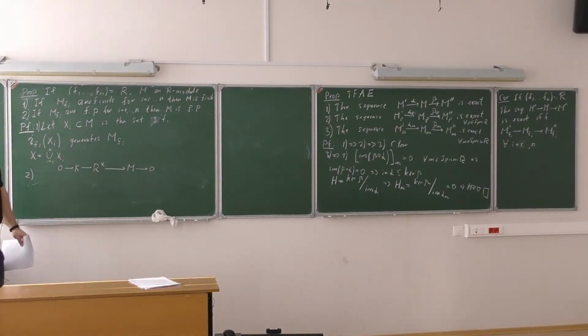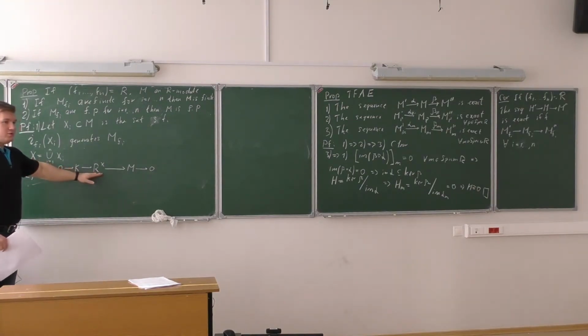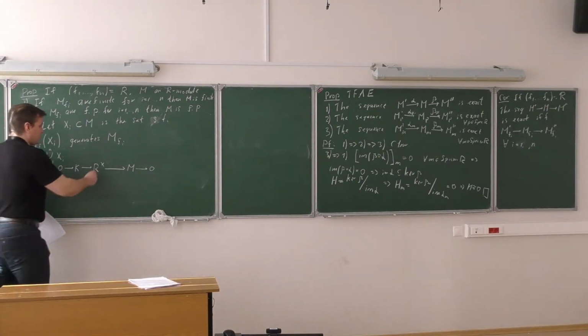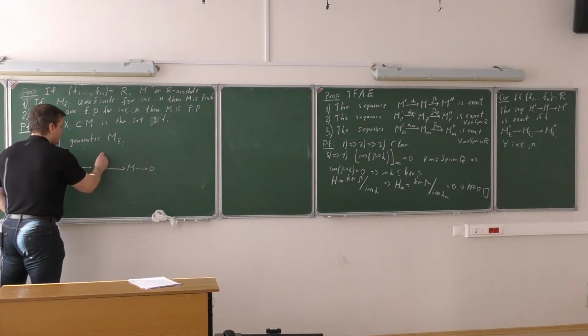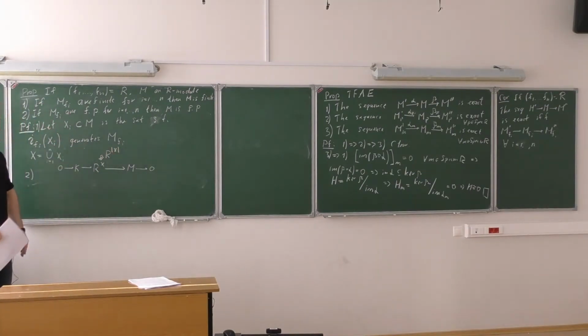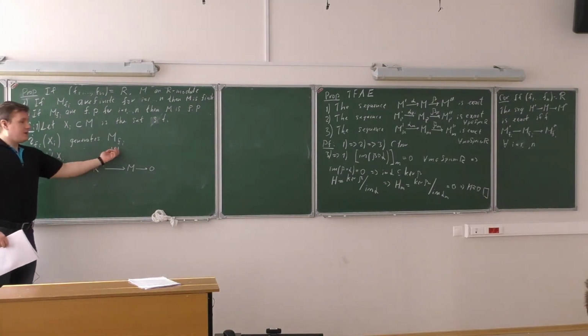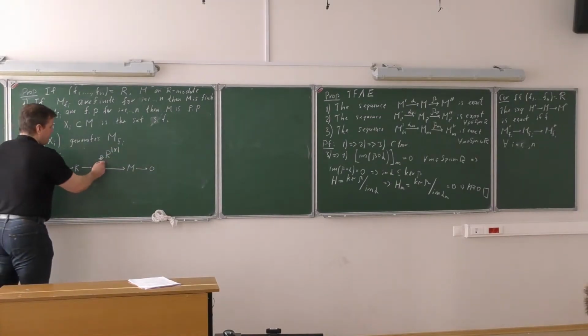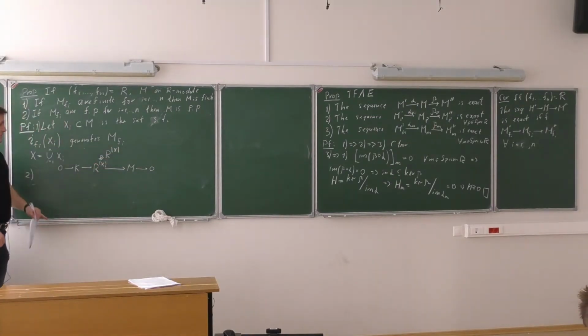Sorry, what is R^X? Well, this is just a free module generated by the set X. So just the same notation. For example, I can say that this is R to the quantity of X. I just see how many elements I have in this set. This is a finite set, and I just take as many copies of R as I have elements in the set X. Properly, I need to say direct sum, but since this is a finite set, direct sum and product are the same thing.